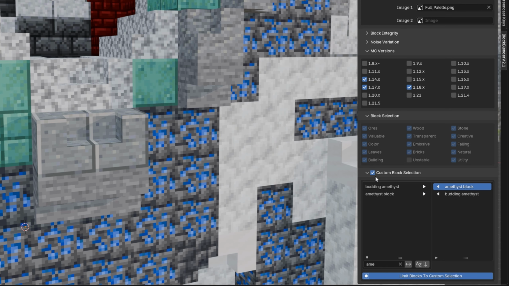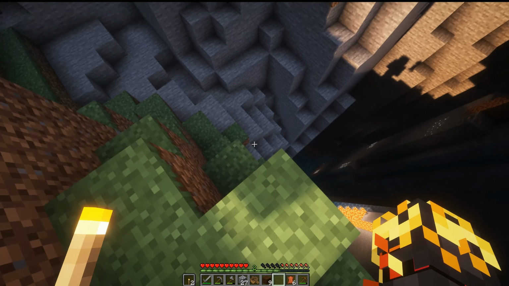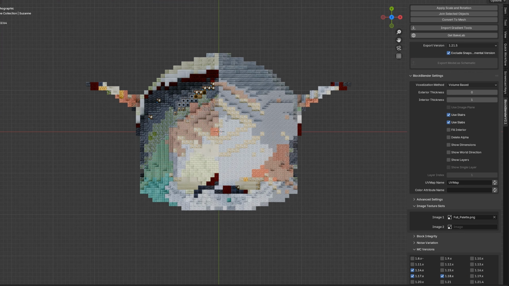So if you have some artifact blocks that keep appearing on the model, you can now exclude them but keep the model untouched otherwise. I have a new world alignment option to properly place builds inside a grid of Blender. I also implemented a world direction display, so you always know within Blender where the north direction will be within Minecraft. I overhauled the dimension display with exact block counts for X, Y and Z dimension, and every single